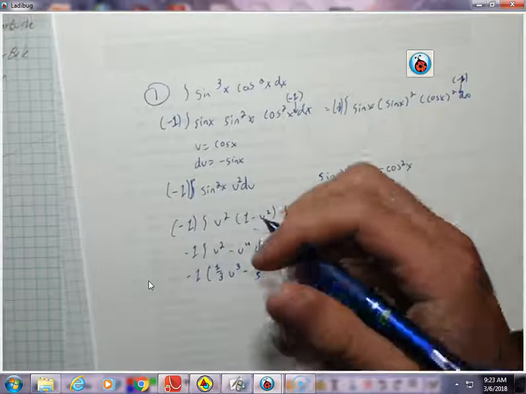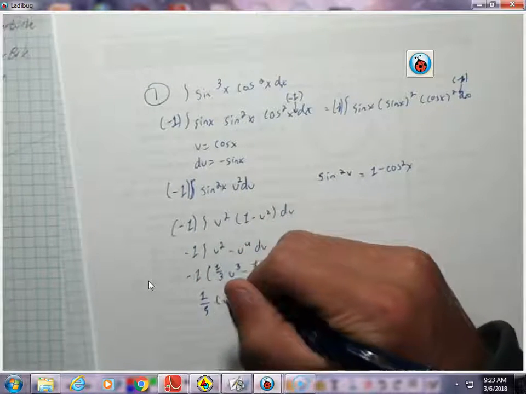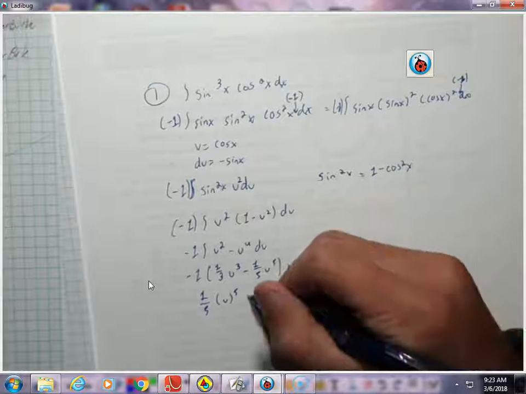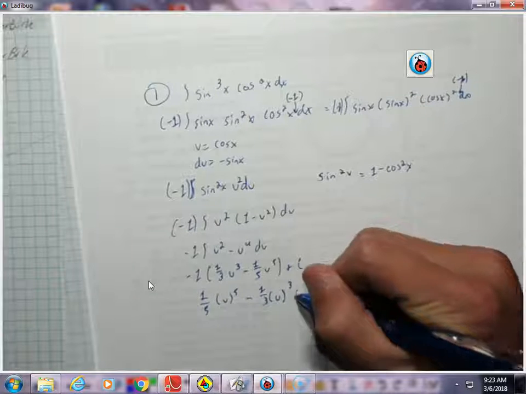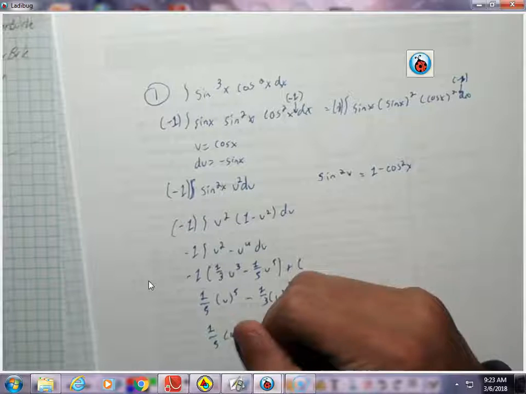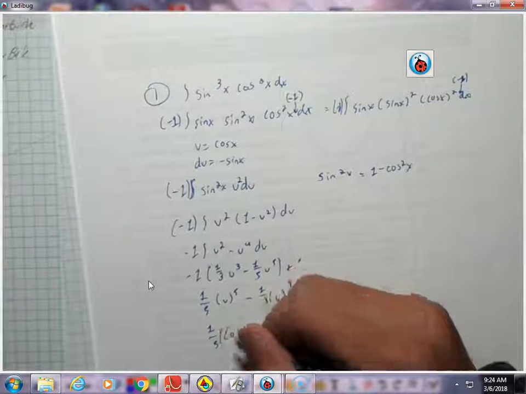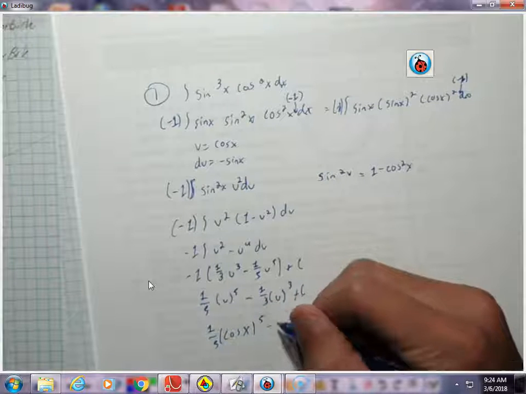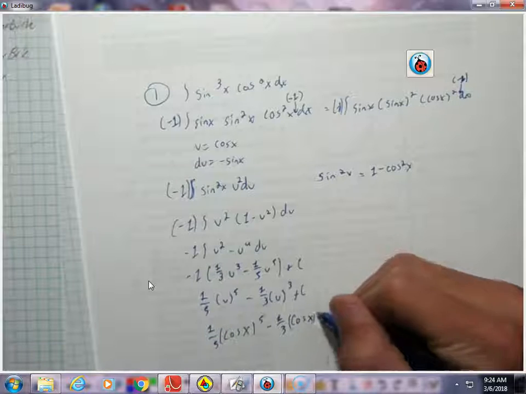I just reordered it, so I made it 1 over 5 u to the fifth minus 1 over 3 u to the third plus c, and that's 1 over 5 cosine x to the fifth minus 1 over 3 cosine x to the third